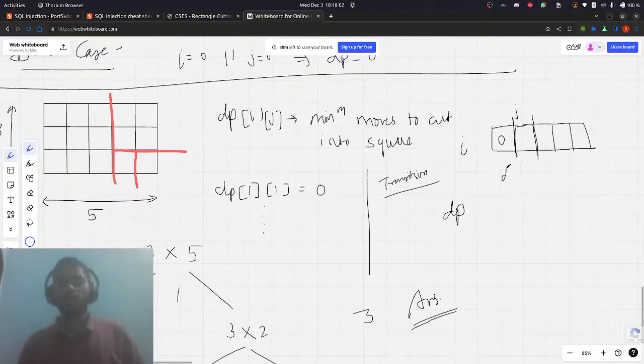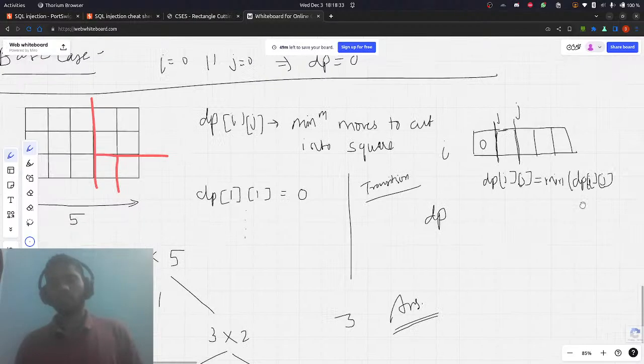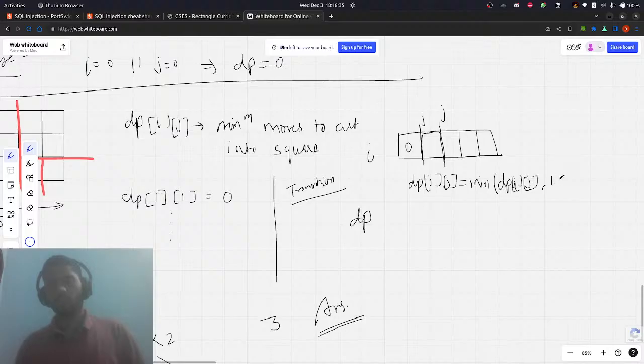So what we can do is dp of i j is now here. dp of i j will be nothing but 1 plus, since we made a cut, or rather minimum of dp i j comma 1 plus dp